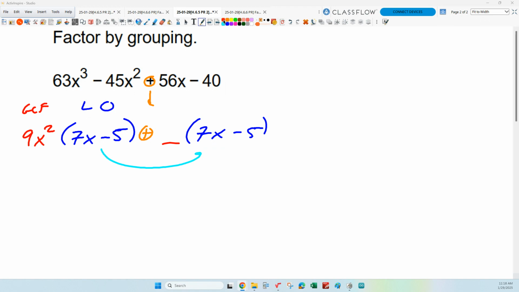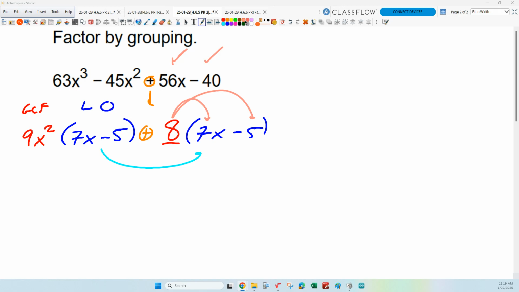So what would I need to get a positive 56? An 8. And then we'll just see if it works. 8 times 7x is 56x, check. 8 times negative 5 is negative 40, so it worked, right? Okay, then the last step of factoring by grouping